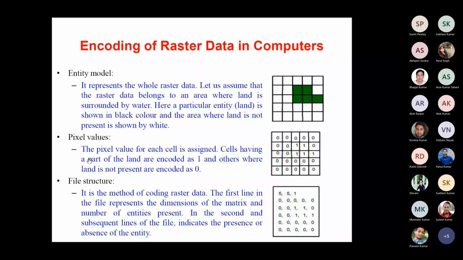Pixel values. The pixel value for each cell is assigned. Cells having a part of the land are encoded as 1 and others where land is not present are encoded as 0. Okay. तो सेम चीज इसको कन्वर्ट करी गई। ये तो एक एंटिटी मॉडलिंग हुआ। जब आप सिस्टम में सेव करेंगे तो आपको इस तरीके से नहीं सेव करेंगे, आपको इसको सबसे पहले पिक्सल वैल्यूज में कन्वर्ट करना पड़ेगा। तो यहाँ पर आप देखिए, जहां पर लैंड नहीं है वहां पर 0 दिया गया और जहां पर लैंड प्रेजेंट है वहां पर 1 दिया गया।